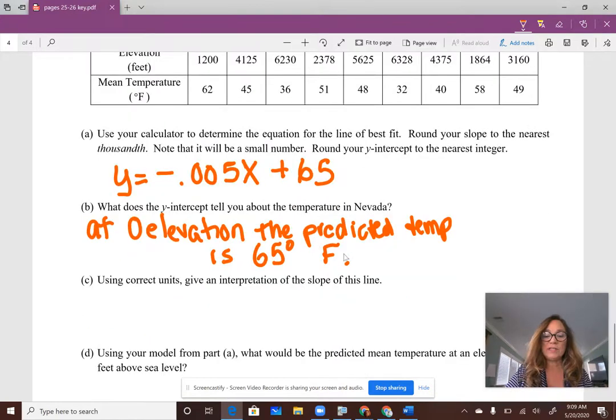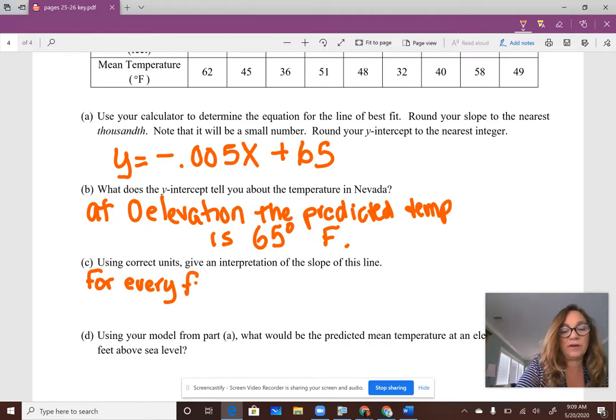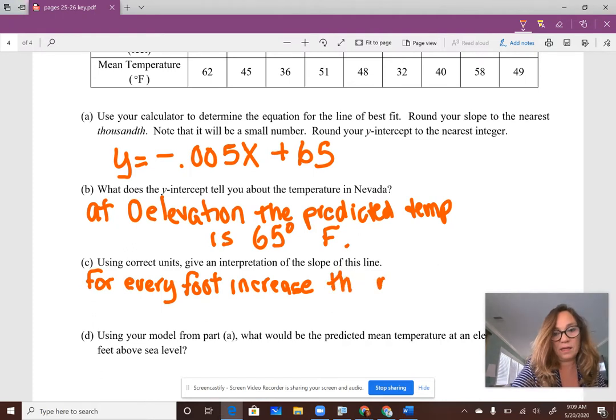Okay, using correct units give an interpretation of this slope. Okay, I like to use "for every." I just like the way that starts. So for every foot increased, and notice I'm using my units, correct units. Every foot increase, the mean temperature will